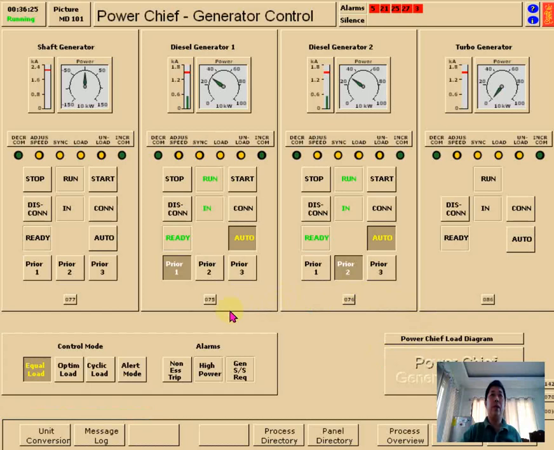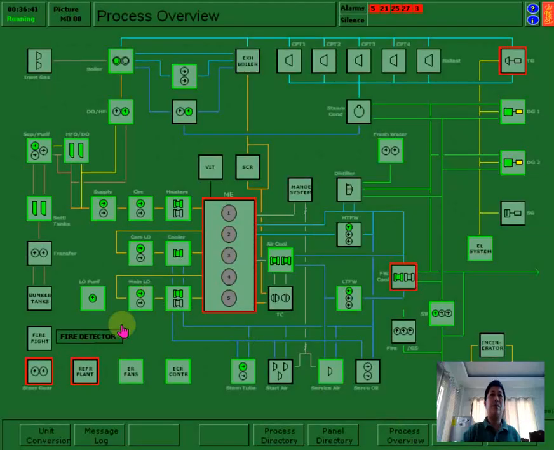Now I change over the priority. So number 1, the DG1, is priority 1 and the DG2 is priority 2. If I reduce the load here, if I stop some auxiliary which is not necessary,